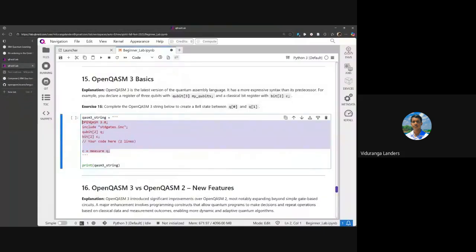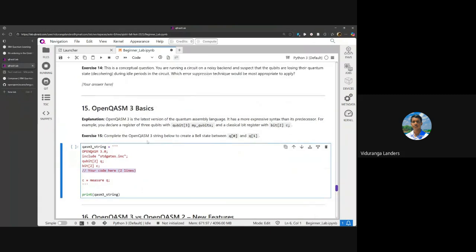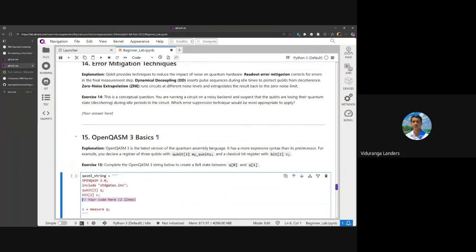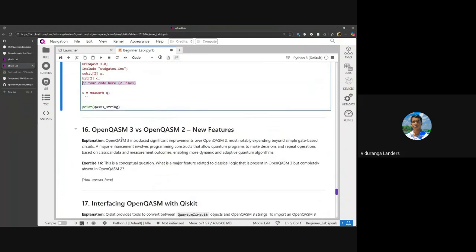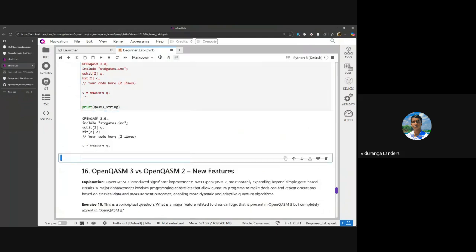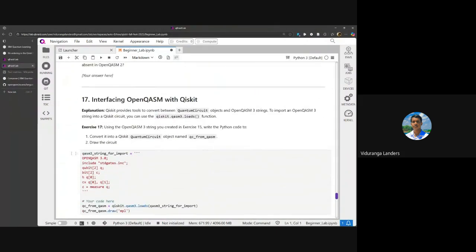Okay, so this is OpenQASM 2.0. Don't get confused with that. So this is OpenQASM 3.0. So you just have to add 2 gates to create this Bell state or something, I think. Yeah. So then you can print it. This is just for printing, but